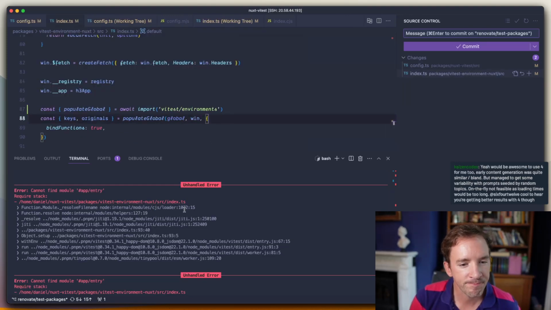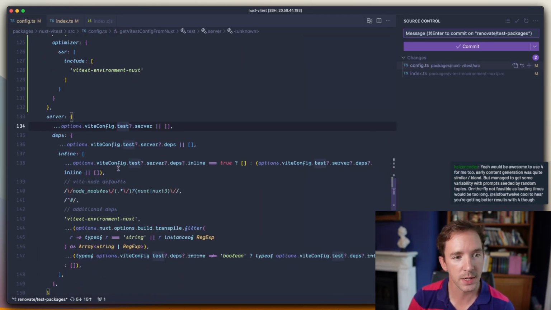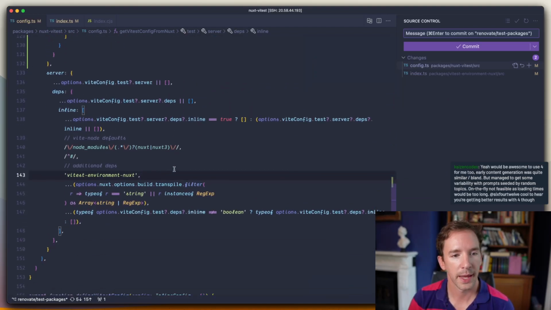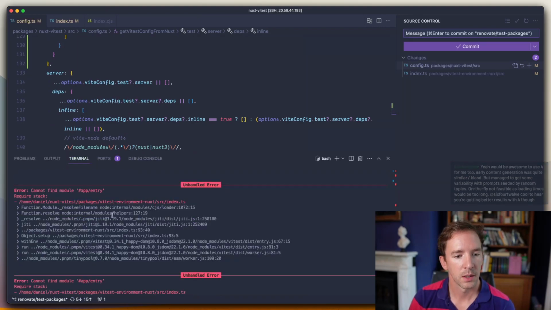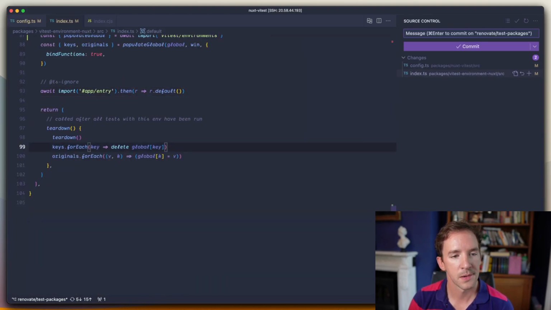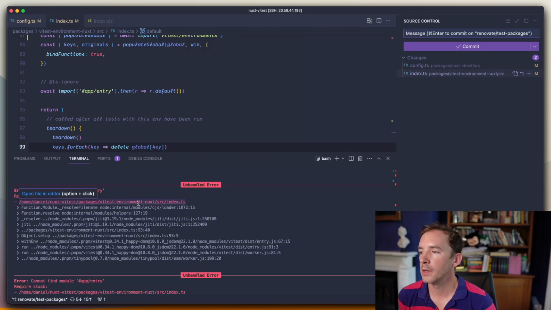Okay. So what's happening here is that we are pulling in app entry. Why is vtest not respecting the vt config? Basically, we have a vt config which is registered here, generated here, and this is just not being handled. Like Jiti is pulling this in. This feels like a bug to me